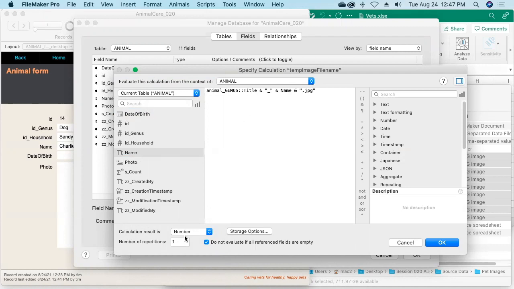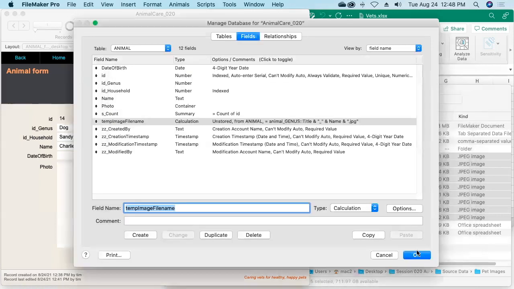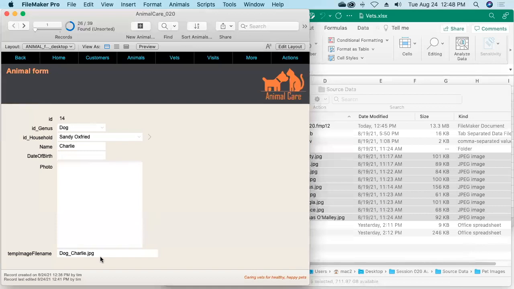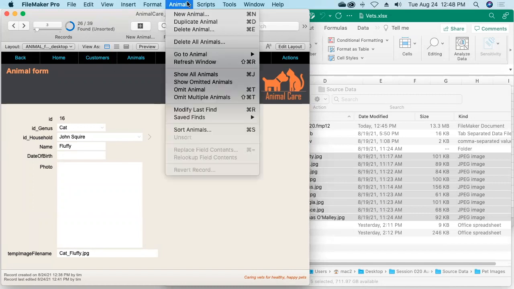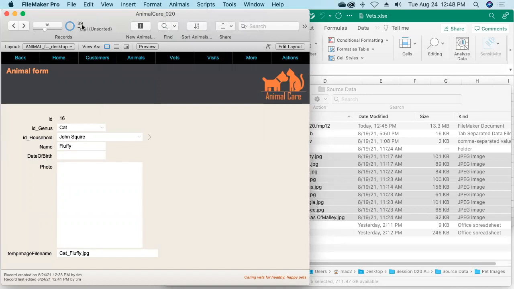That calculation should return textual data, not numbers. So we'll want to make sure we change that to text, and we'll say okay and okay. And we can see that new field: dog_charlie.jpg, dog_red.jpg, cat_fluffy.jpg. Now we want to try to update images for all of these animals. So I'll definitely want to come over here and say show all animals, so that if we do have a picture of animals that weren't part of that recent import,